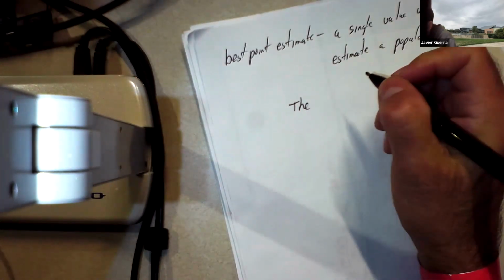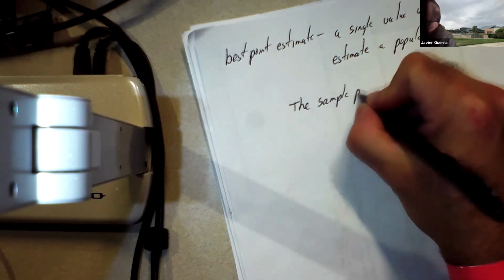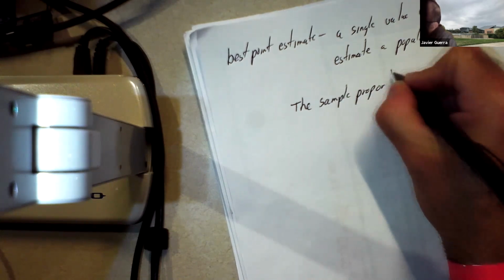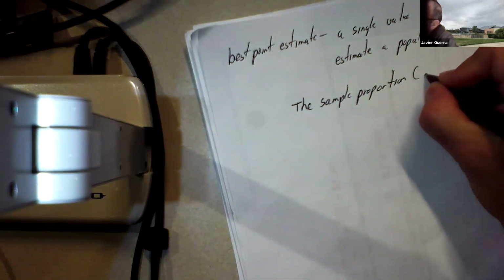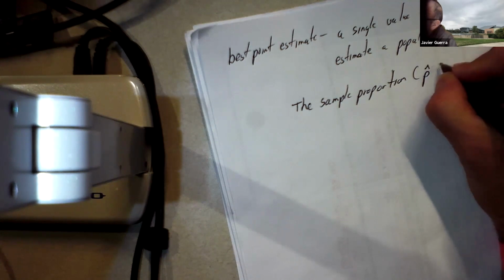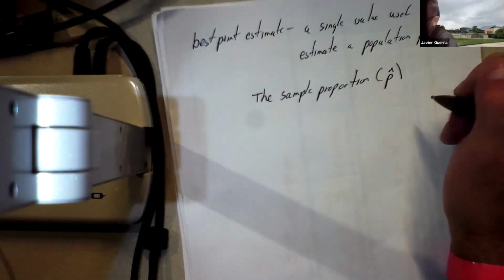The sample proportion, and we use a symbol. It's a P with a little sombrero on the top. It's a party hat. Sample proportion, we use a P hat,